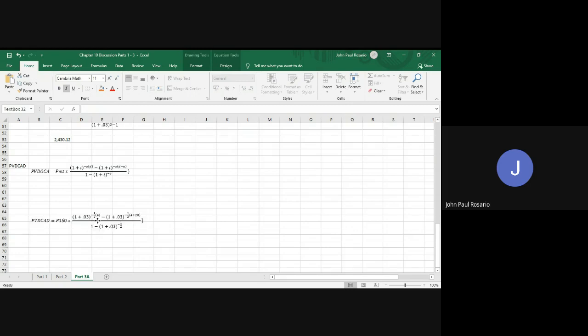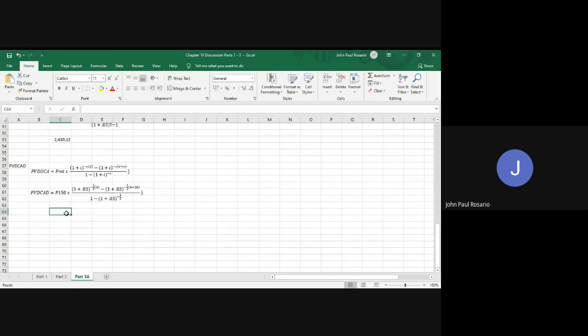If we input this information on our calculators, we would get this is 1 less, and this is negative 1/2. Okay, so then we would get